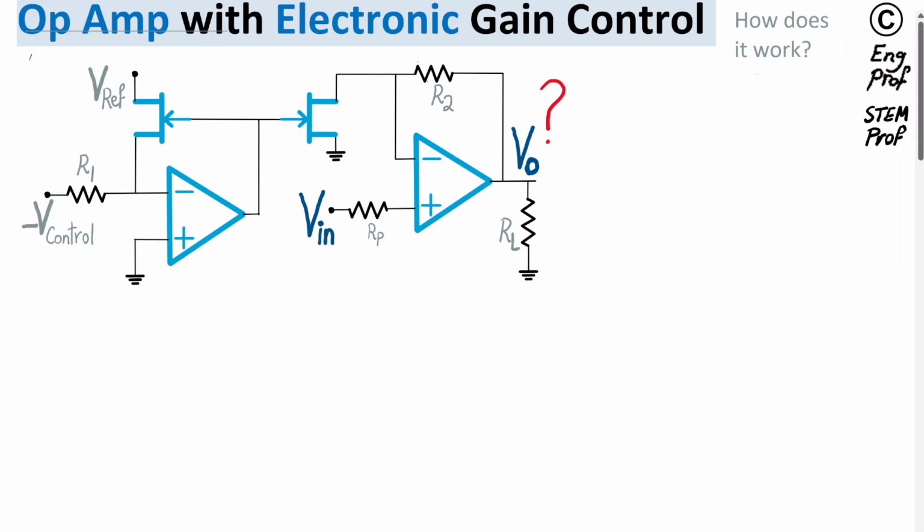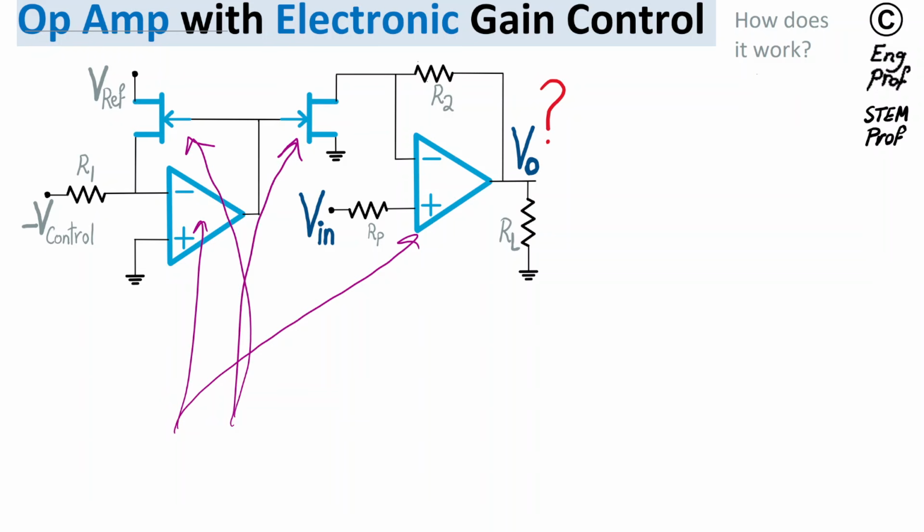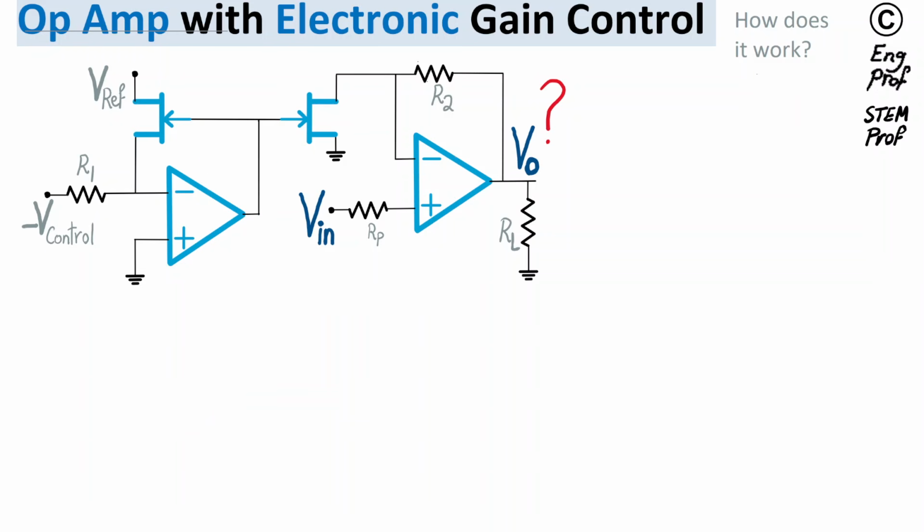An op-amp amplifier circuit with electronic gain control is shown in this example, implemented with two operational amplifiers (op-amps) and two matched JFETs, or junction field effect transistors. We want to see how this circuit is working in terms of being able to electronically control the gain of